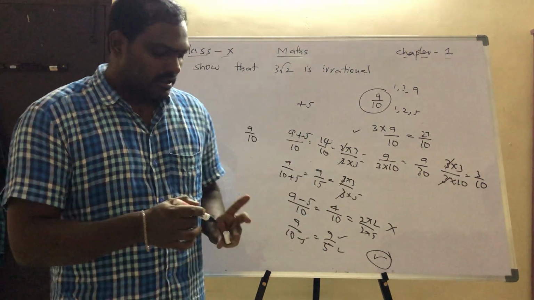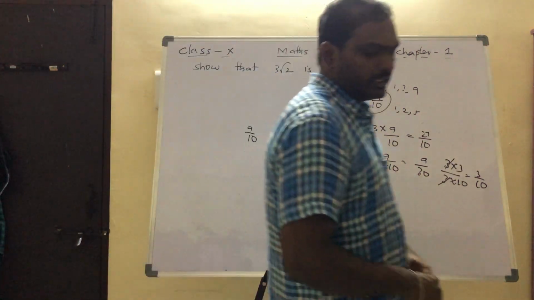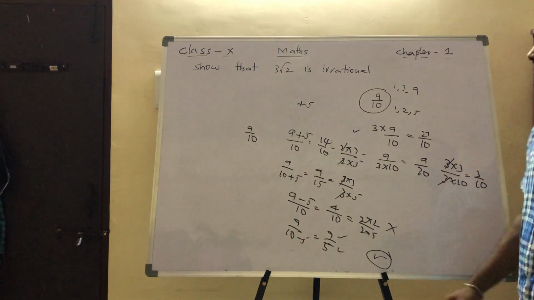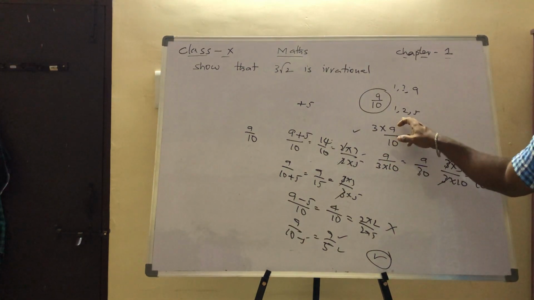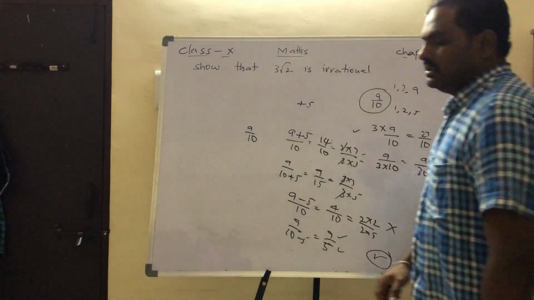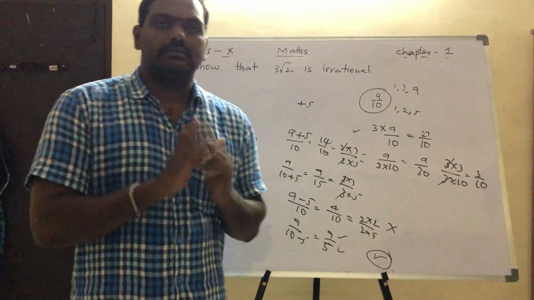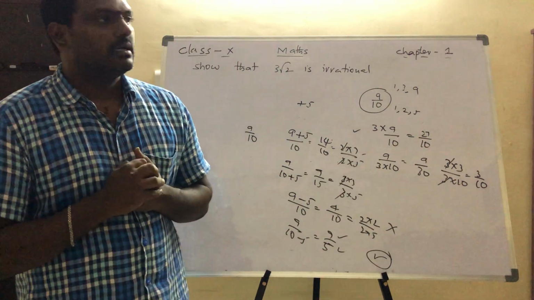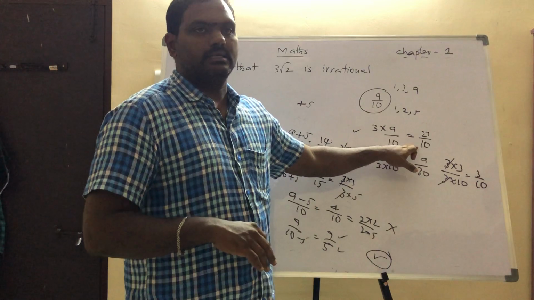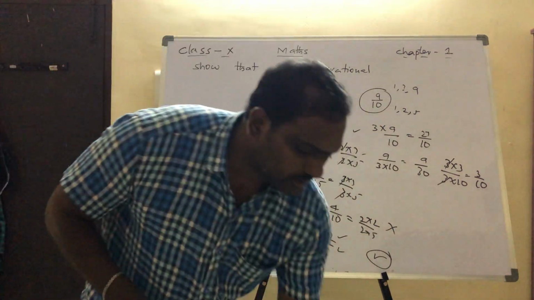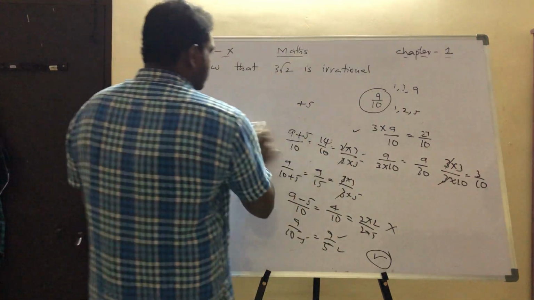The co-primes are changed. So the concept you have to understand here is, in the case of co-primes, if we add or subtract, or multiply the numerator or denominator, the nature of those co-primes will change, becoming integers. That means they will change totally. So once they change, this total assumption will change. The same concept we are going to learn in this case also.